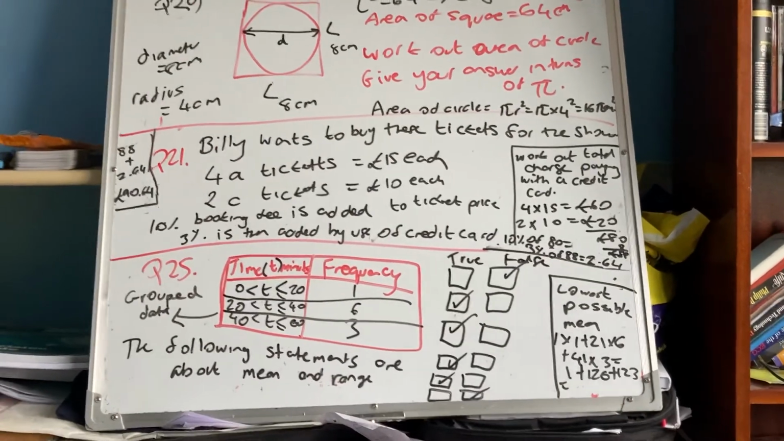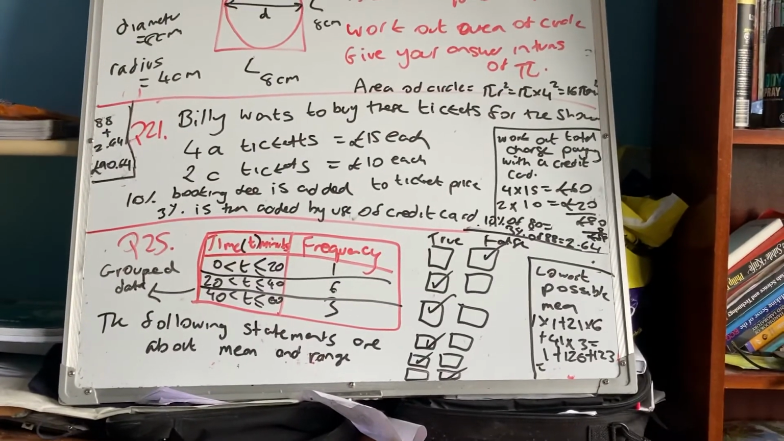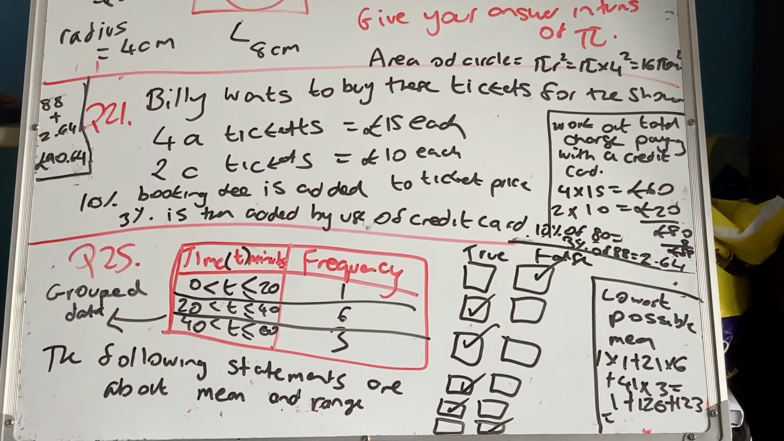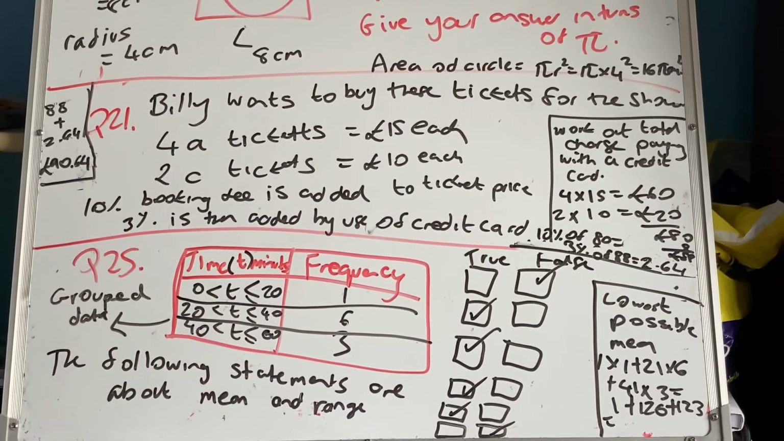Right, guys, last question. So question number 25. We are given this table here. So we've got grouped data, which means